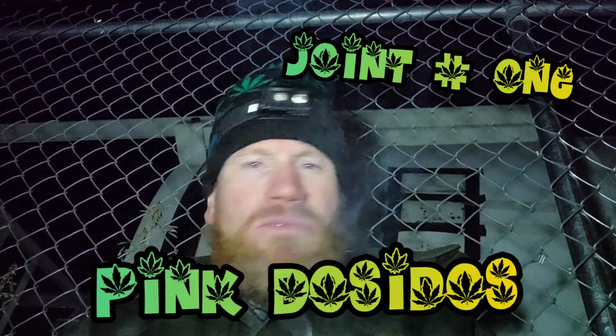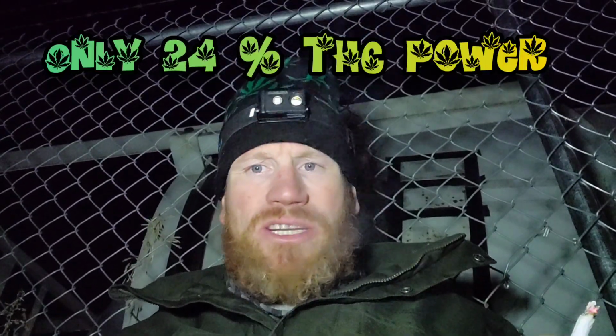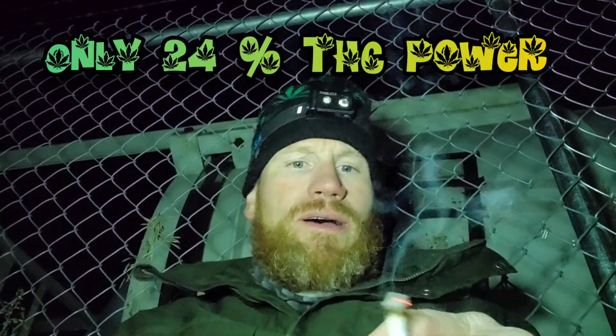Puffing on some do-si-dos. Can't quite remember the THC, but it'll be in that 25-30% range. I'll put it up on the screen. Yeah, and actually this weed here, guys, is